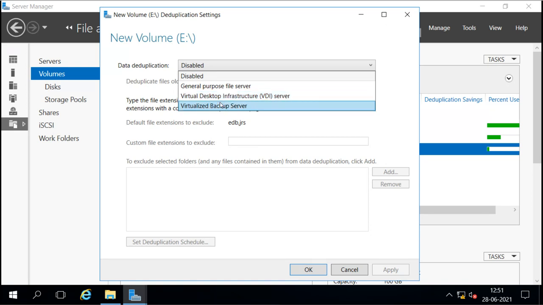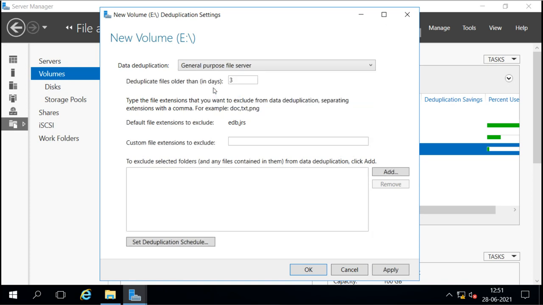Now this means a VDI infrastructure server, where all the remote users connect to this server through remote desktop. They use their own directories, and also they create duplicate data. So for that kind of data we should select this one. For the virtualized backup server we should select this one, but our storage is not for this purpose, so we will use the general purpose file server.